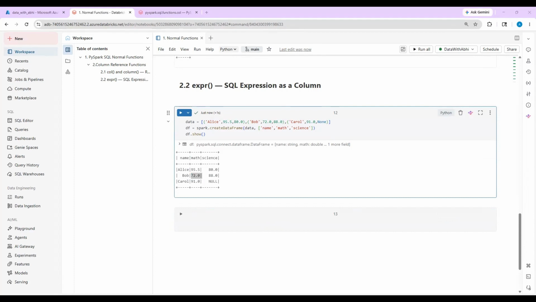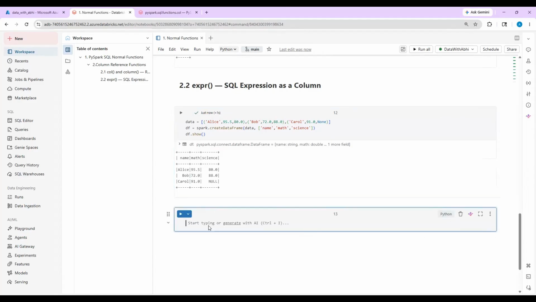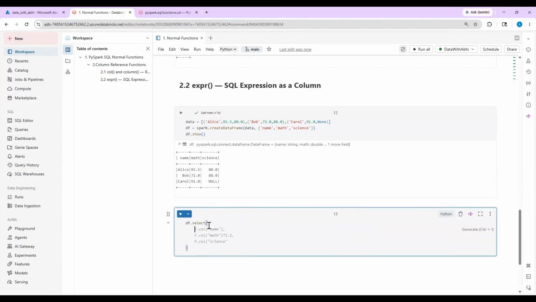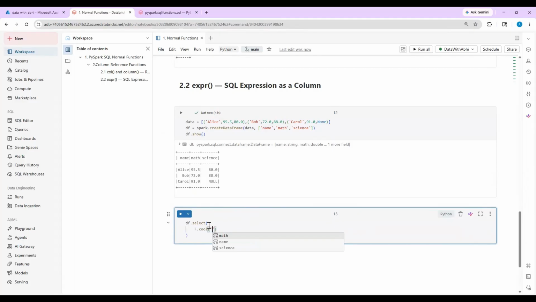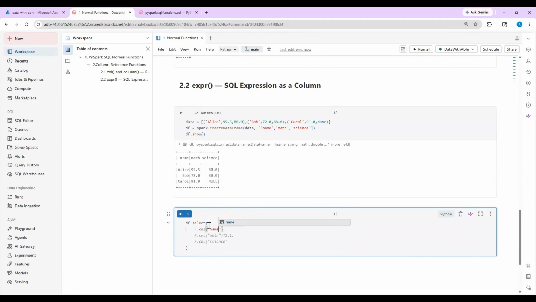Okay, so we'll implement the logic here. What logic can we implement here? Let me try to select these columns and add the expressions. Now we have selected with df.select. As you know, df.select is similar to select star from an employee table. So this is a similar case. Inside select, we'll select the columns using F.col, and inside that we'll pass the name. Give the comma. Again, use the expression to add the math and science; let's calculate the total